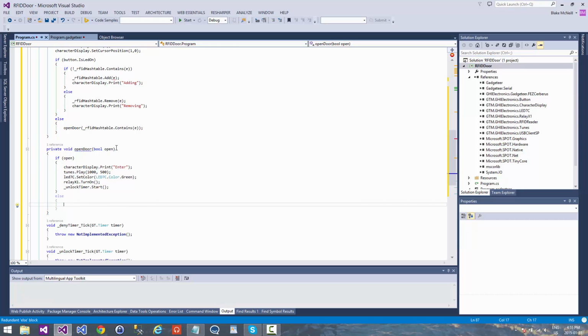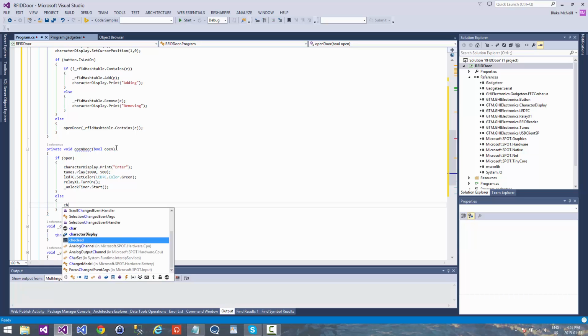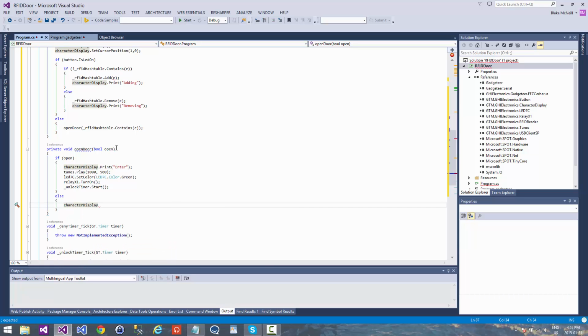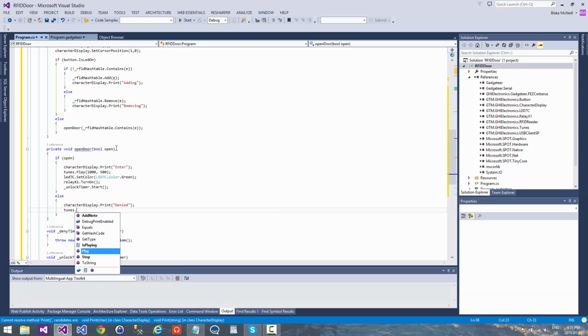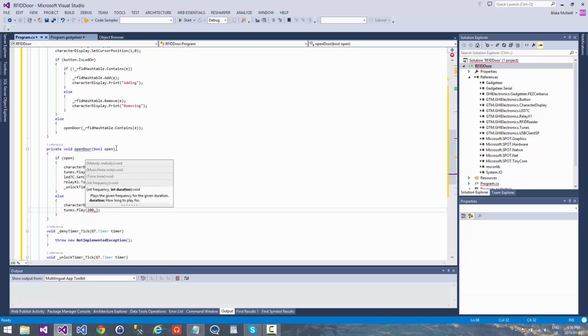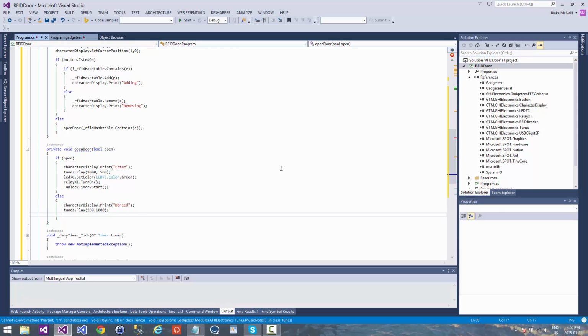So, our else condition, we're going to say, so this is in the case where the user, or the card holder, doesn't have access to here. So we're going to say print, and we'll say denied. We'll fire up this tunes module, and it will play something. We'll have a lower frequency for a longer duration, and then that way it becomes sort of doubly noticeable